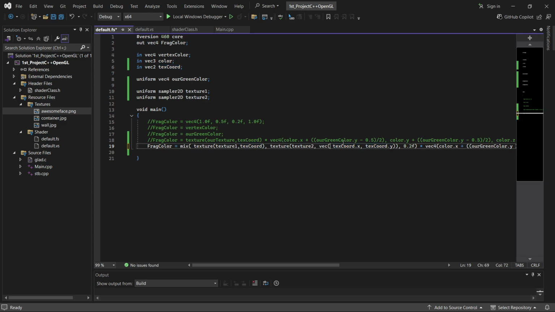But here we can do one thing, that is 0.0 minus. So what we are doing here is just inverting whatever value x has. So if x has like 1, then we are subtracting it from 0, to give us a value of -1. So basically we're inverting whatever value we have in the x, and it should invert the image,